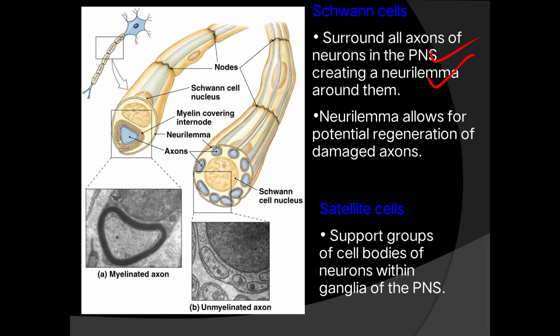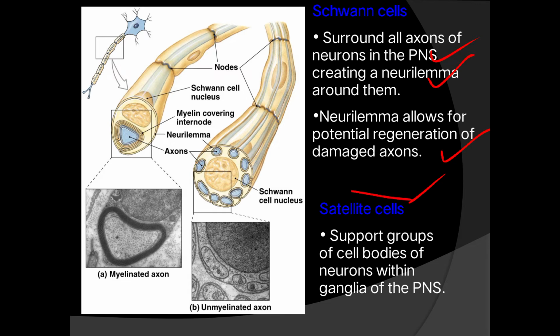And neurilemma allows for potential regeneration of the damaged axon. So it is this neurilemma having the potential for regeneration of the damaged neuron. This kind of possibility is there. Now, stellate cells support the group of cell bodies of the neurons within the